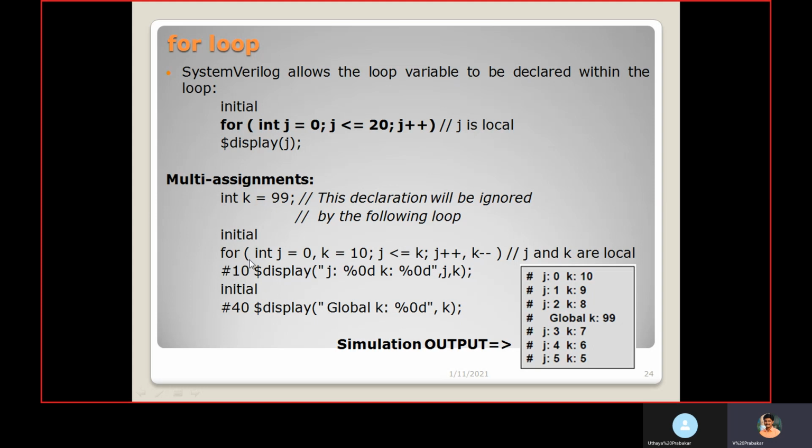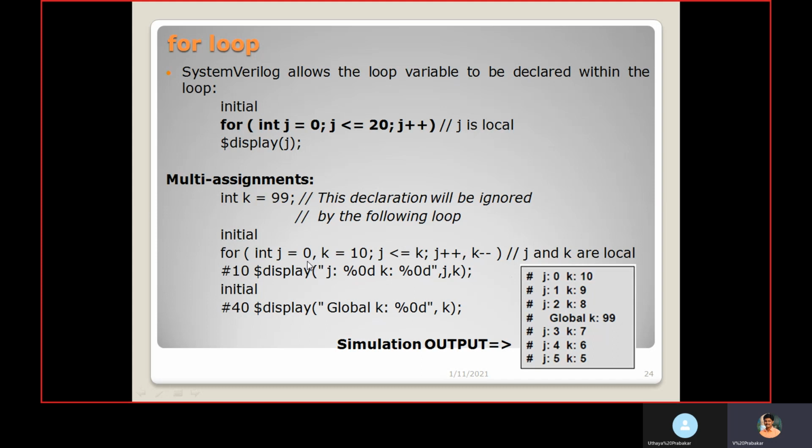so it will not affect or clash with the global variable. For example, at #10, we are displaying the value of k and j. Then this is one procedure block, this is another procedure block. Inside this initial block, at 40, I am displaying the k value. So when I run this code, at 0 time j value is 0 and it is printing k value 10.